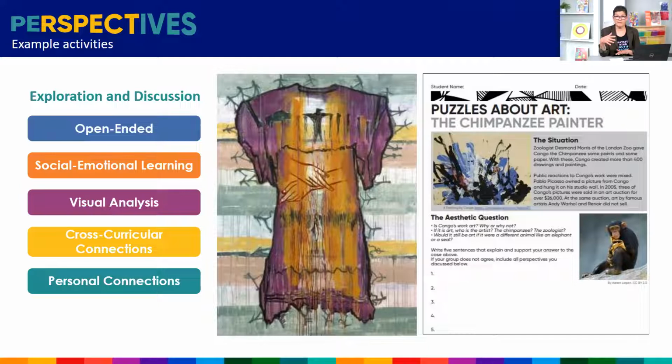The second piece in there, the puzzles about art. There are several different puzzles about art and situations. So you give the students a situation. This can be done individually, but it's also recommended to do it as a group. So you have the groups and they get to see the situation. In this case, I'll give you a quick synopsis. It was a zoo, and the zookeeper set up an easel, a canvas, and the palette and the brushes, and let a chimp paint. And this is what the chimp painted.